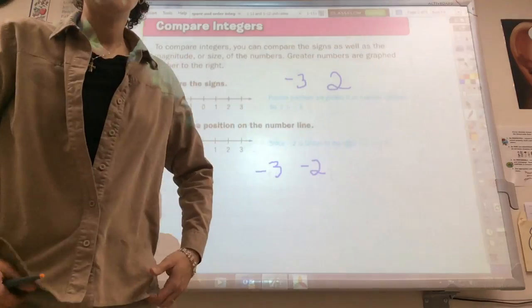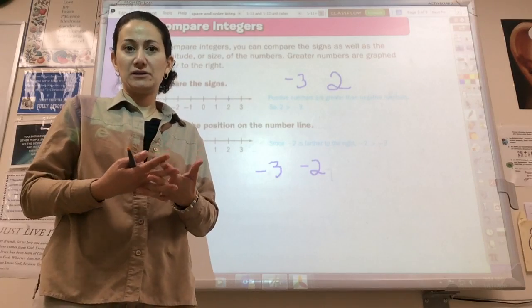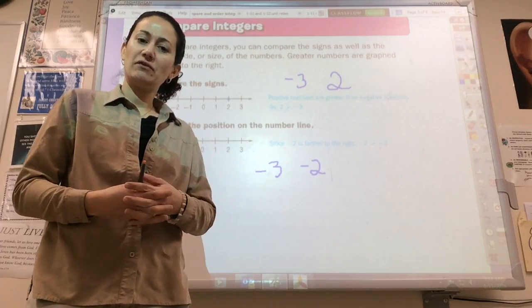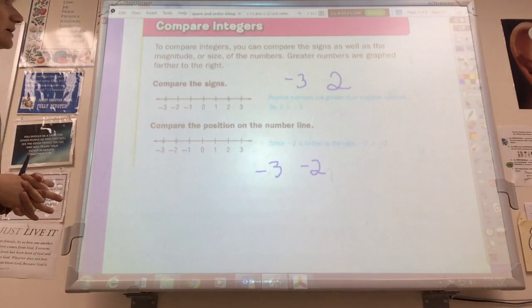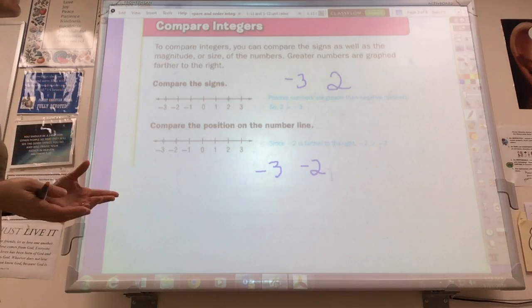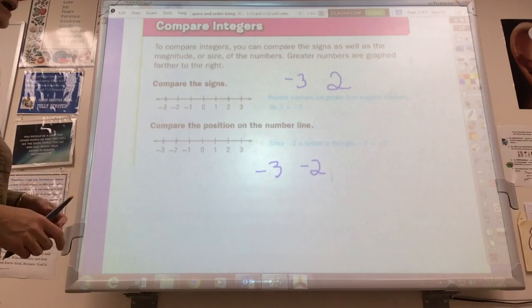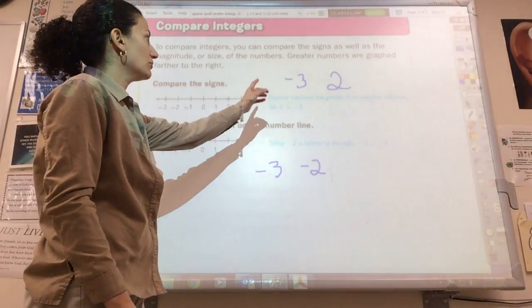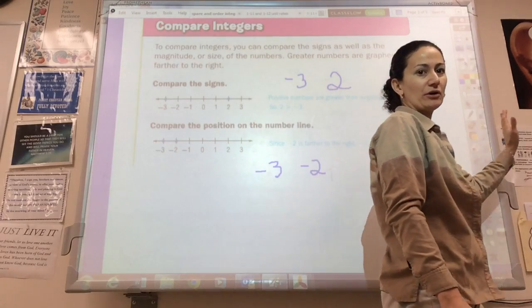Okay, now I'd like to show you how to compare and order integers. We've been talking about integers, which are positive and negative whole numbers, including 0. To compare integers, you can compare the signs as well as the magnitude or size of the numbers. Greater numbers are graphed farther to the right. That's an important concept. Remember, the farther to the right you go in a number line, the bigger the value,